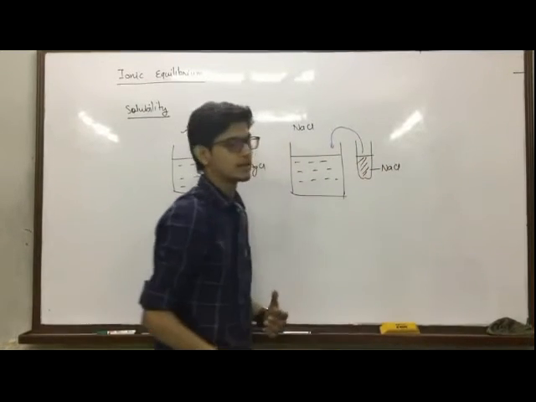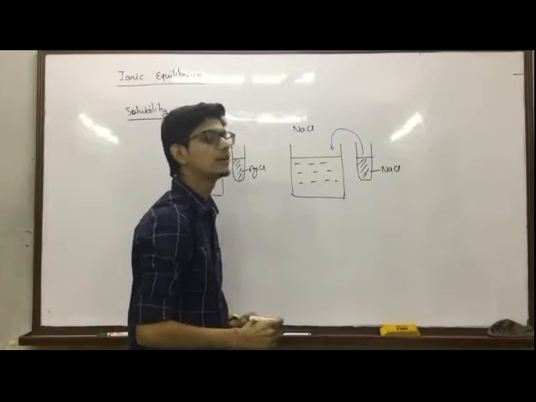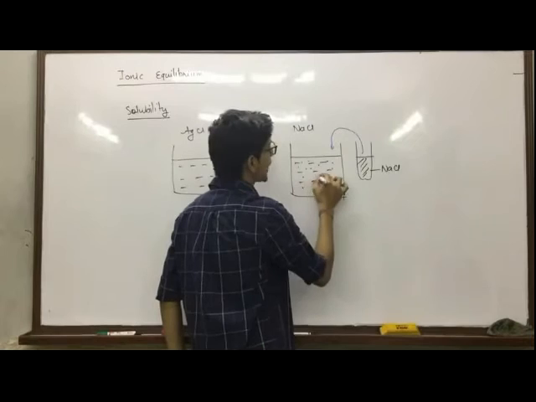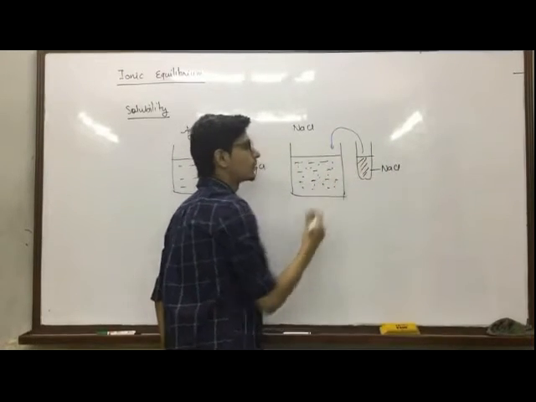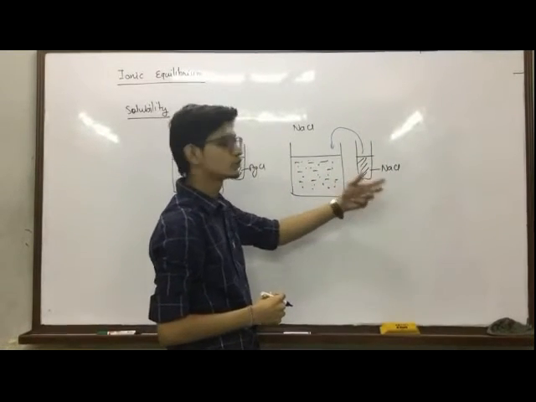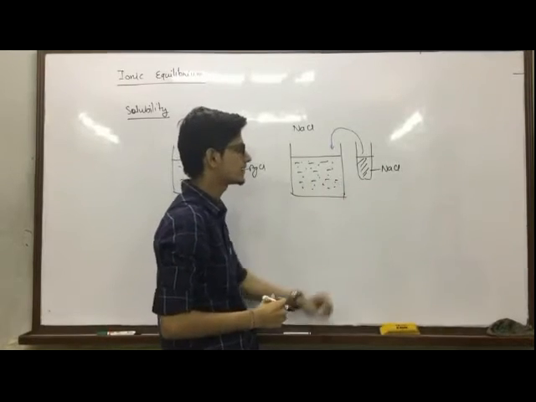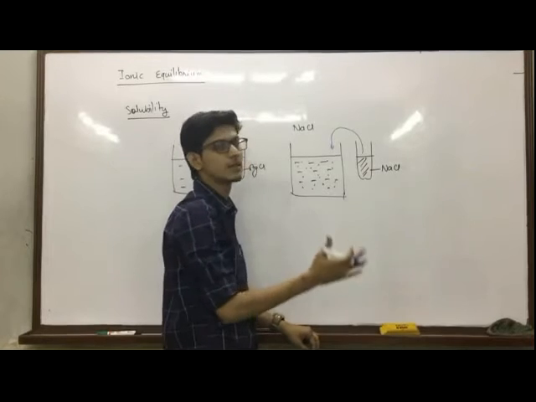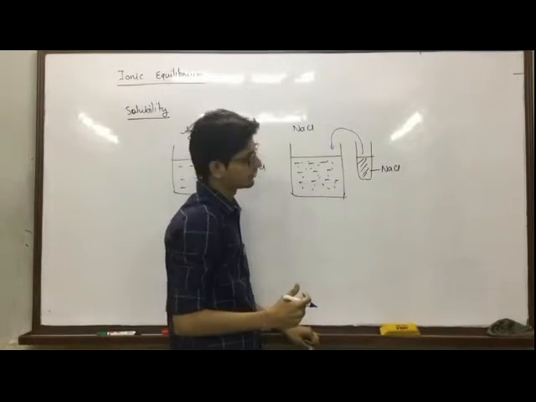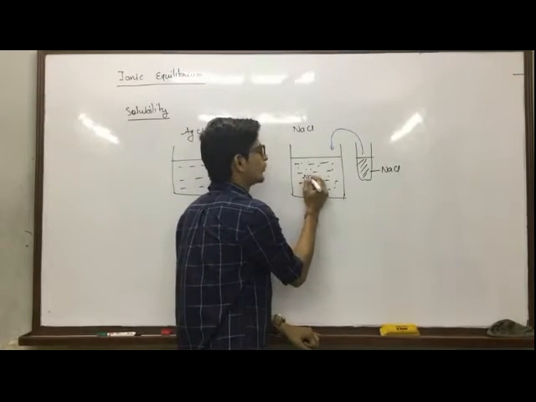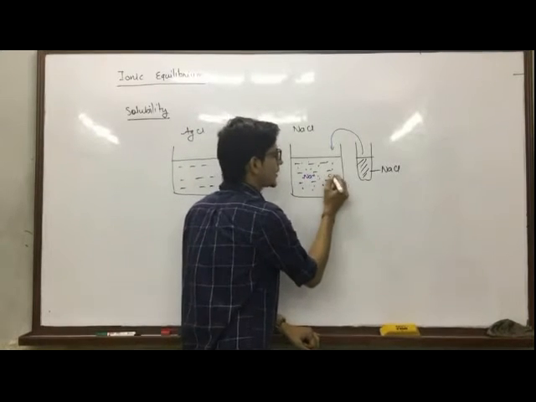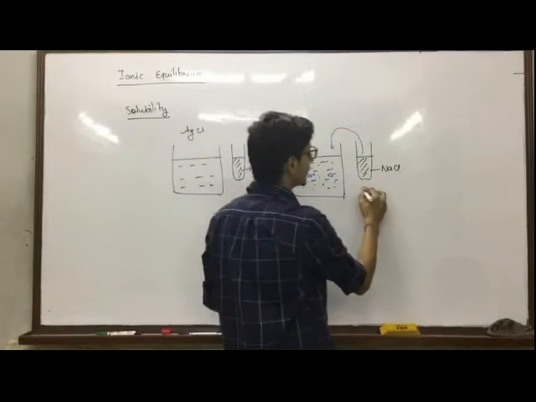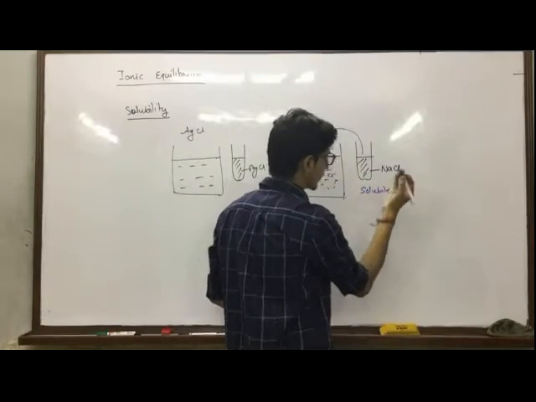When we add NaCl, this NaCl salt is going to completely dissolve. So what are we going to expect? The NaCl is going to completely dissolve and dissociate into its ions, that is Na plus and Cl negative. So this solution contains a large concentration of Na plus and Cl negative depending upon the amount we have taken. In this solution, we obtain Na plus ion and Cl negative ion. And this is a soluble salt because it gets completely dissolved. So this is the earlier known salt.